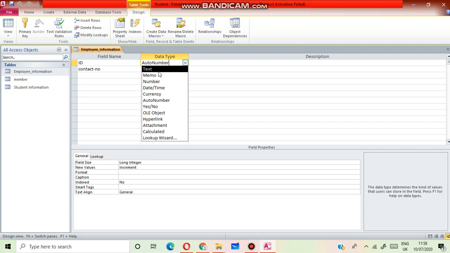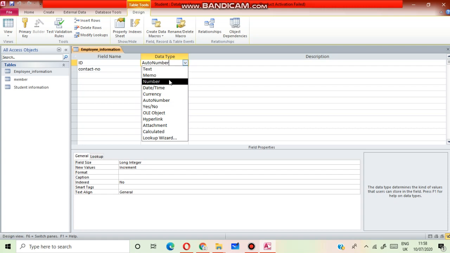Next is text data type. It is used to store data that contain letters, digits, spaces, and special characters. It has a limit of 255 characters and cannot be used for numeric calculations.